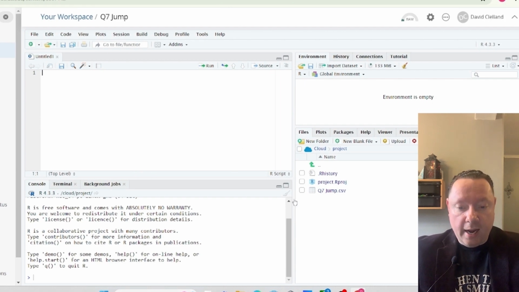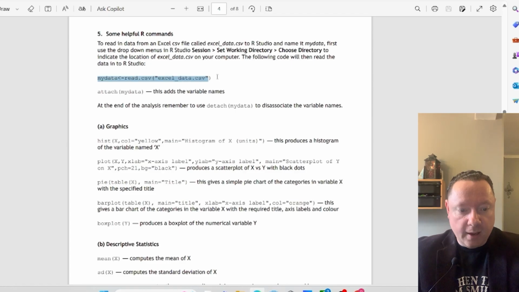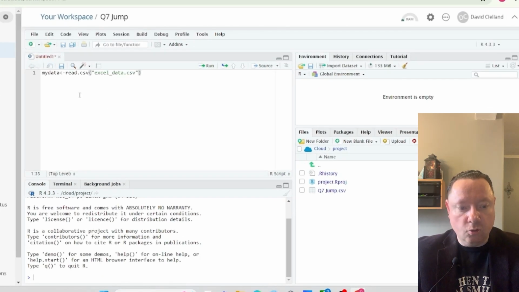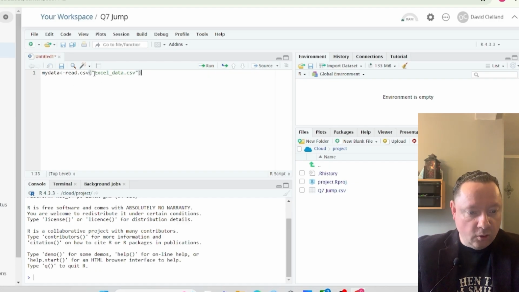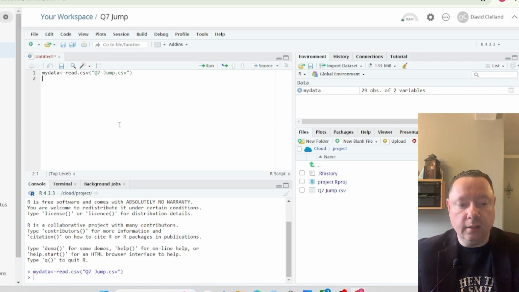So I'm in RStudio and I've already uploaded the file, which you can do yourself, and then we just use the data booklet to help us instead of actually trying to think too much. So let's go to find the data booklet. Helpful R commands. Well, there's the first one. We need to read the data. If you can't remember it, easiest thing to do, copy and paste. Control C, jump into your thing, Control V, and we've got read.csv, and we just need to change the name. Excel data becomes Q7 jump, and then Control Enter makes that command go,